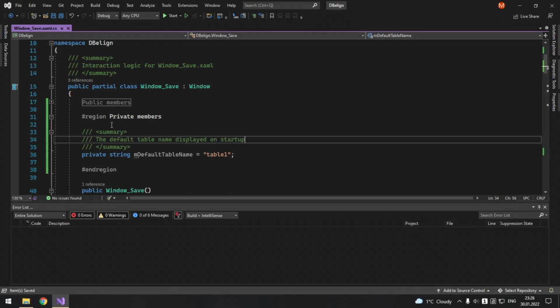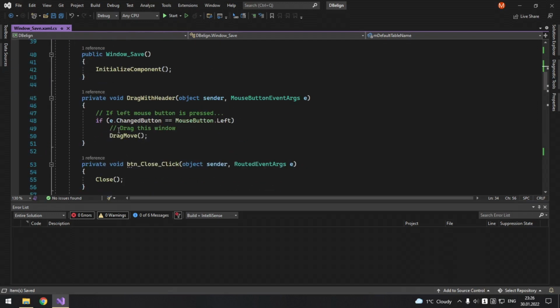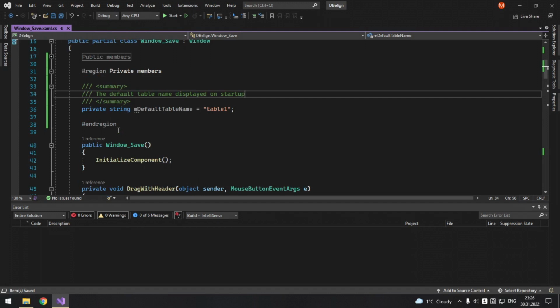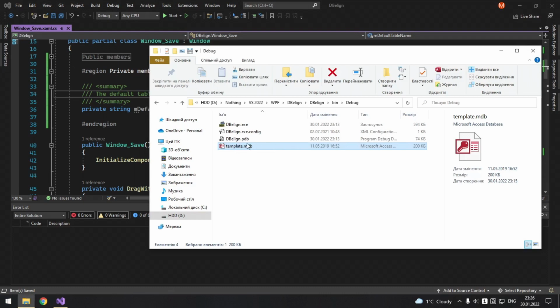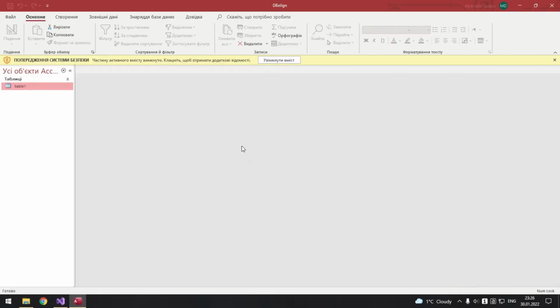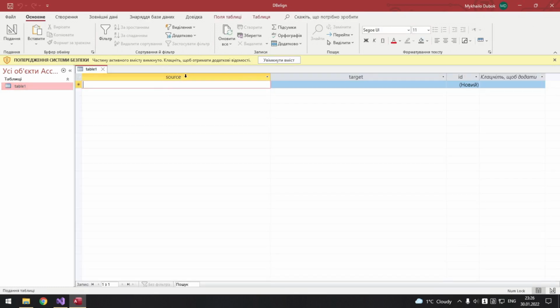Okay, so what can we do here is, okay, let's open our database. It is very simple. So we have just one table which consists of, well, 3 columns: source, target, and ID.